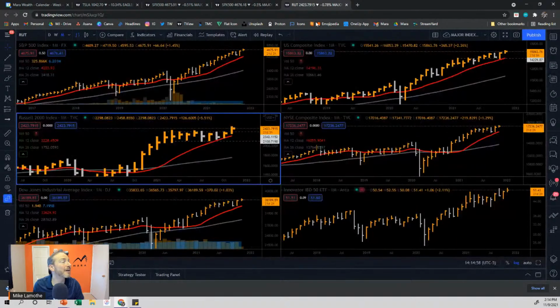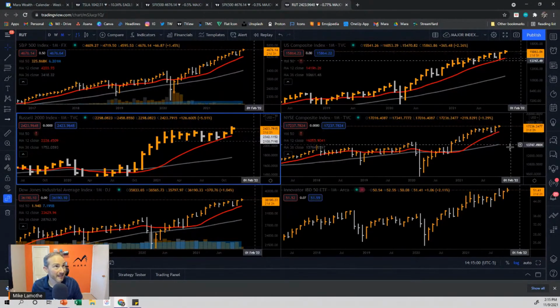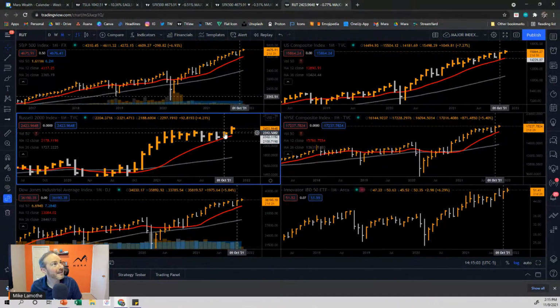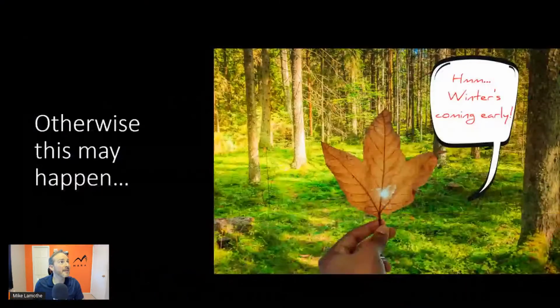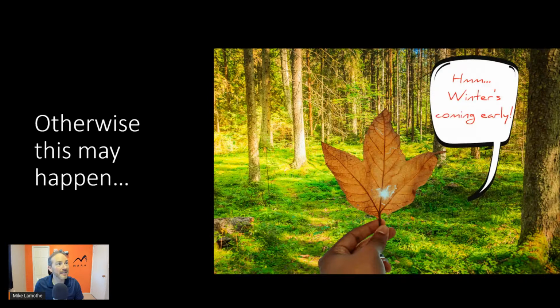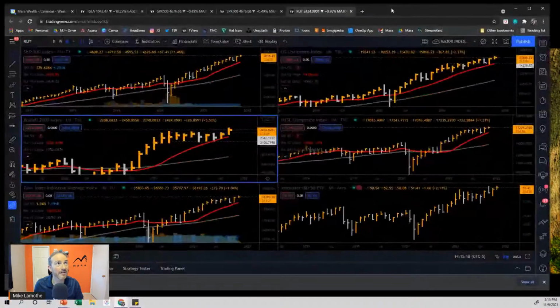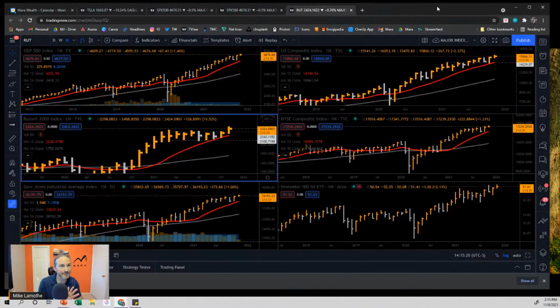And you pop out over here to monthly, and you're like, "Well, you know what? We're still at all-time highs. We're still in a solid uptrend. Maybe we're in this scenario where it's just a leaf on the ground, right? Well, we really need to see the transition across the board to say definitively, yeah, you know what? Winter is coming, or fall is coming. Maybe it's time to harvest."